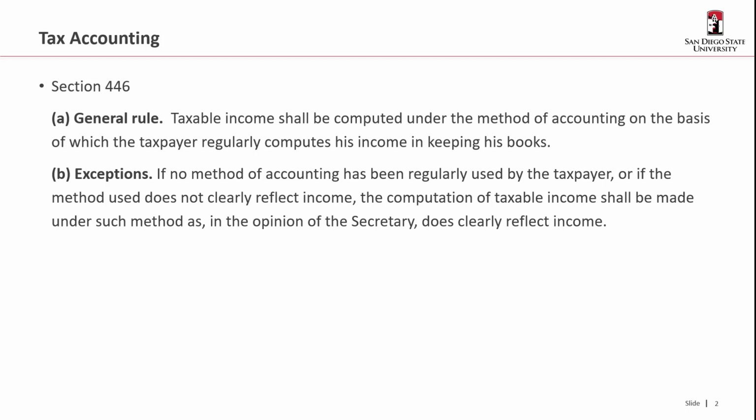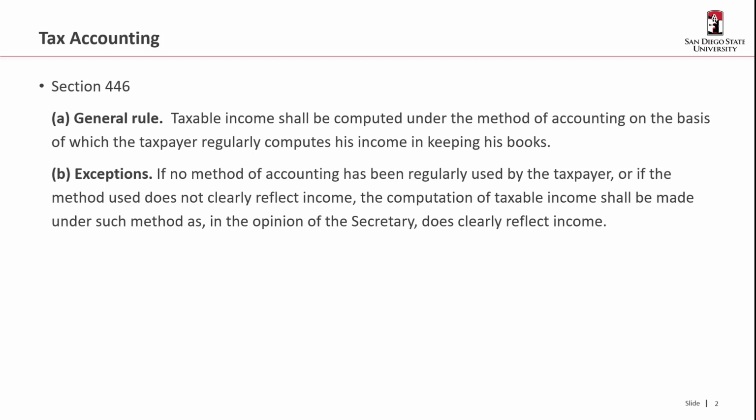So 446 says that taxable income shall be computed under the method of accounting on the basis of which the taxpayer regularly computes his income in keeping his books. So that's pretty great because really that just means that taxable income can be computed in the same way you keep book income. There are exceptions, however, under B,